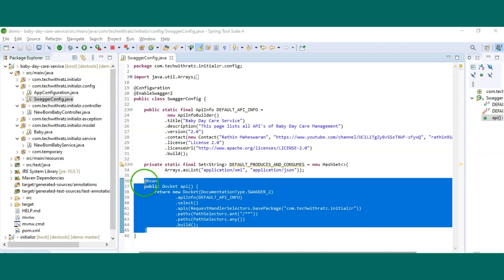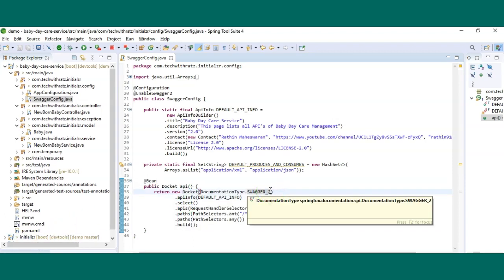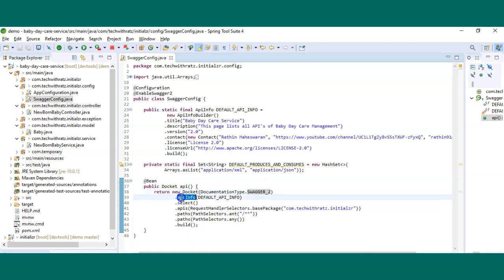Here we have added the Docket bean into the Spring application context so that Swagger can expose the required APIs into the documentation. Here inside the Docket constructor we have specified the Swagger version as 2.